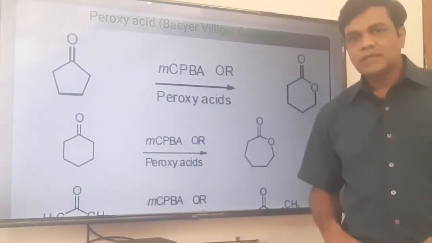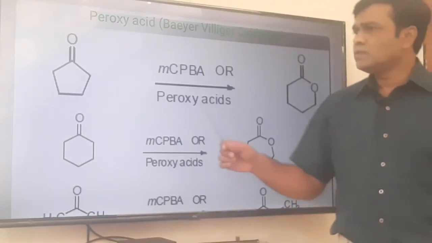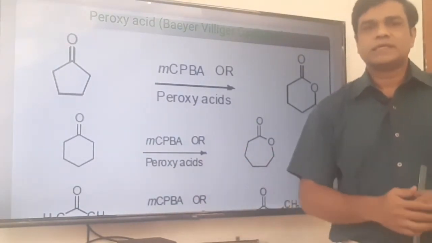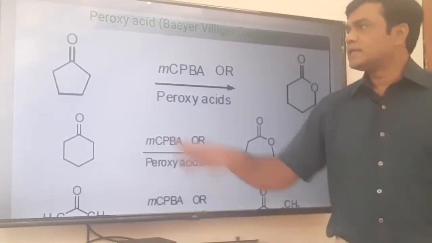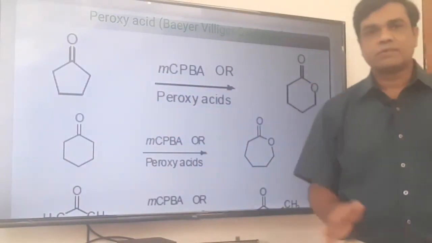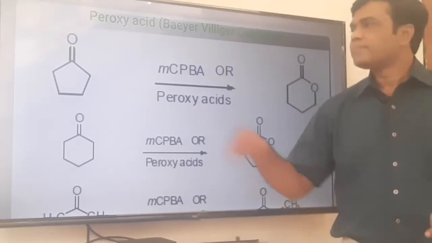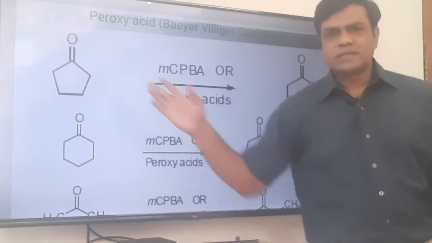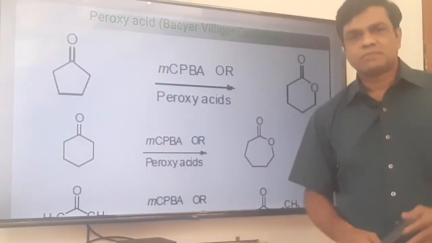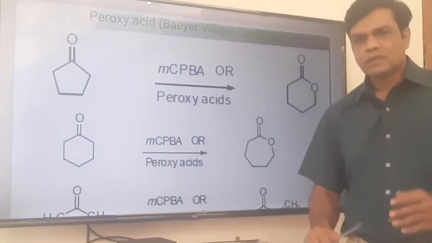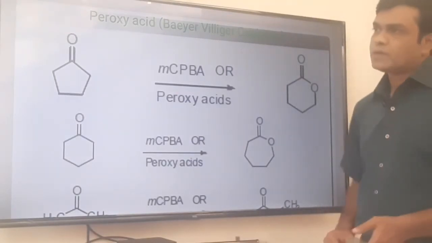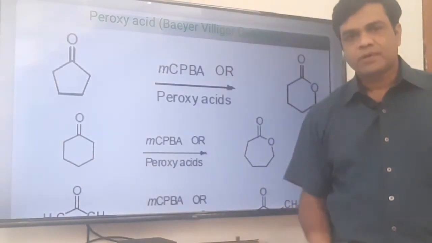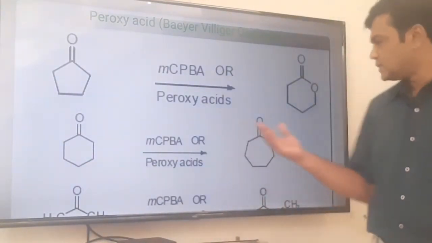Cyclic esters are called lactones. So if a ketone is there, it will convert to ester, aldehyde is converted to carboxylic acid, and if a cyclic ketone is there, it will convert to a cyclic ester. Just what you have to remember, you have to put the oxygen in this ring from this side or this side. As it is a symmetrical example, at this moment there is no need to bother about the position of the oxygen. Okay, it is a cyclohexanone ring, 6-membered. So after incorporation of oxygen, we will get the 7-membered ring.